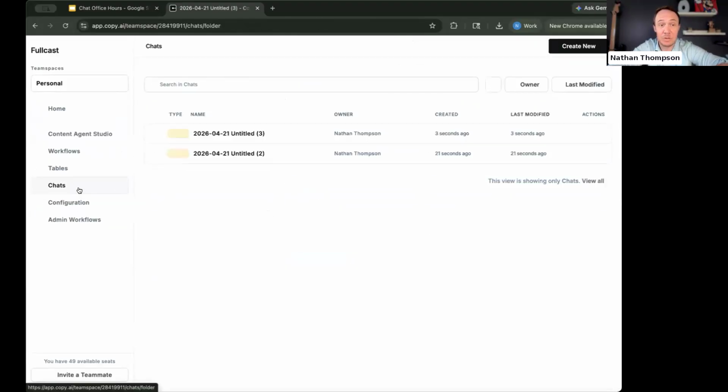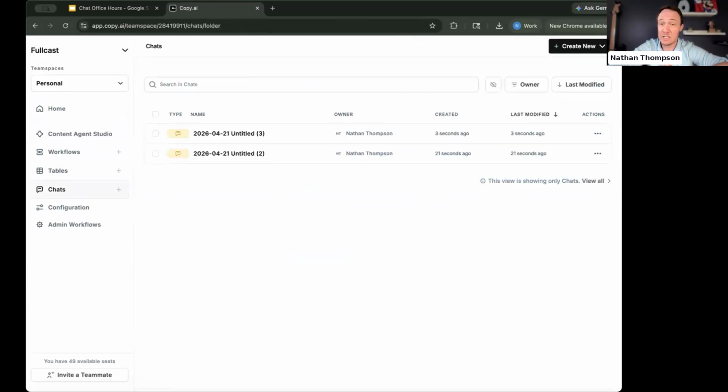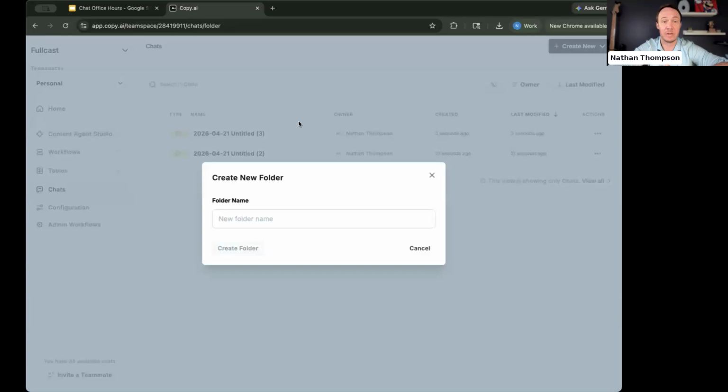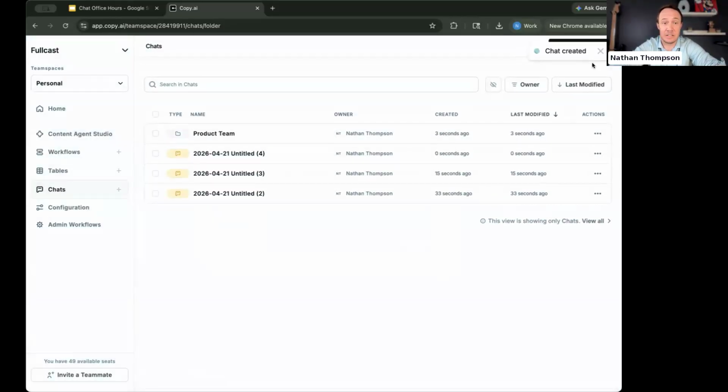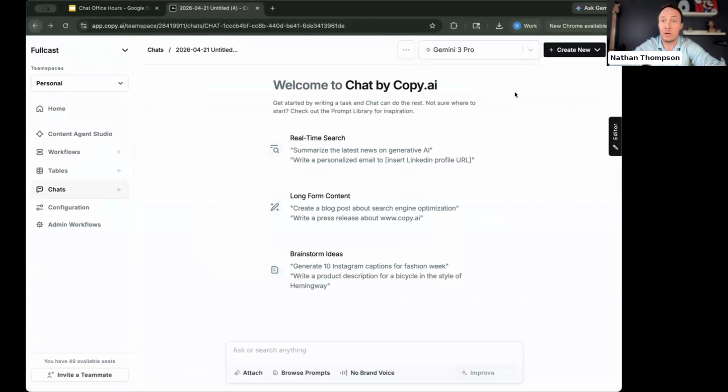Also, very quickly, with your chats, if you want to keep them organized, you can create a new folder and you can say, oh, this is our chat for our product team. And maybe if we're in a shared team space, we want a chat folder specifically for our